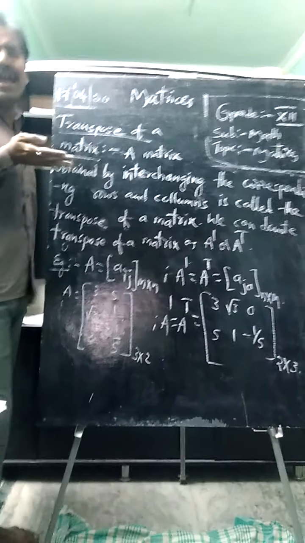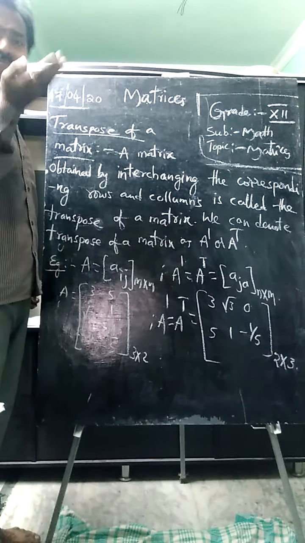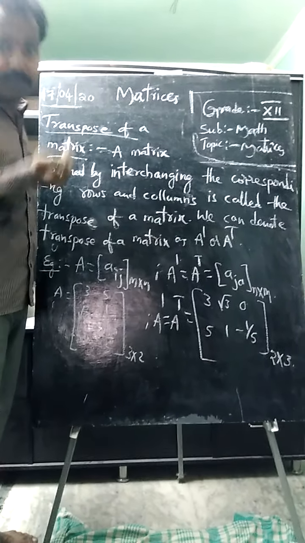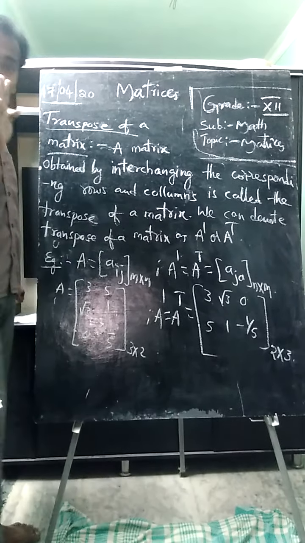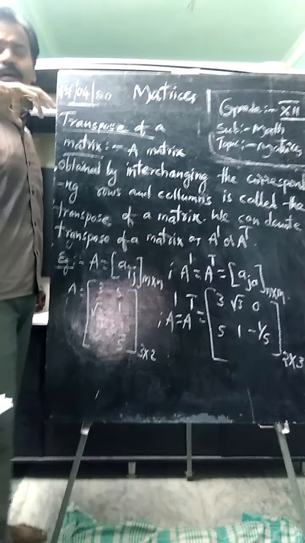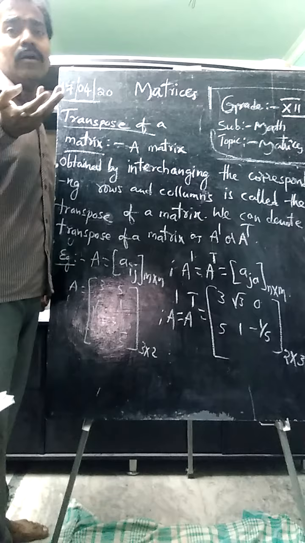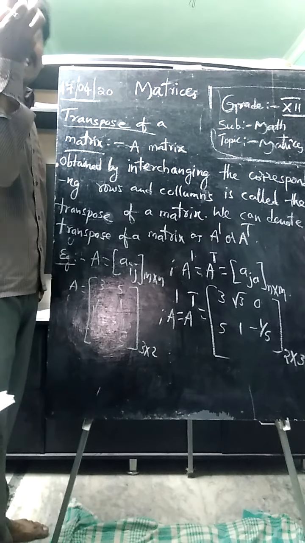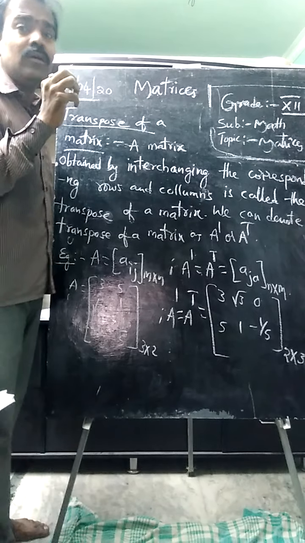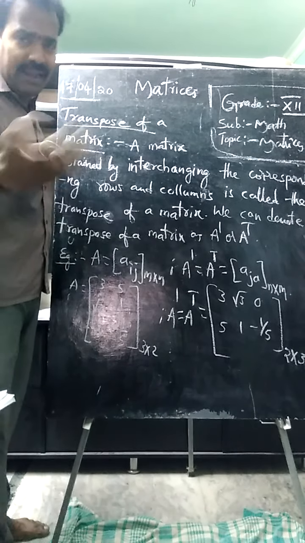If we know the transpose of a matrix, we can find the inverse of the corresponding square matrix, if it exists. But that is not every time; there is no rule for the existence of an inverse in every case. It exists only in a few cases. Let us discuss that in the next classes.